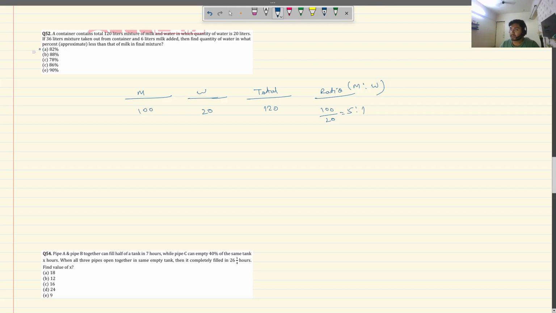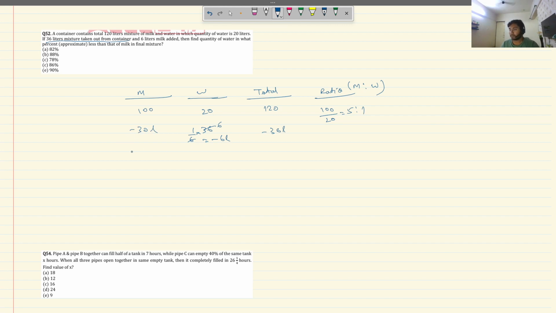ठीक है. 36 लीटर मिक्सचर टेकन आउट फ्रॉम कंटेनर, क्या कैसे से मैंने सिखाया था पहले एट ए स्टेज. तो अगर ये मिक्सचर्स में से 36 लीटर निकाला गया है, तो इस जो निकाला गया है उसमें से भी इस रेशियो में मिक्सड रहेंगे मिल्क और वाटर. तो वाटर कितना निकला है, 1 पार्ट आउट ऑफ टोटल 6 पार्ट्स, 1 + 5 दैट इज 6 पार्ट्स. सो वाटर है मेरा 1 पार्ट आउट ऑफ 6 पार्ट ऑफ 36. इतना पानी निकला है, सो 6 लीटर निकाला गया है. और फिर अगर 36 में से 6 लीटर पानी था तो बाकी का 30 लीटर मिल्क होगा, 30 लीटर मिल्क